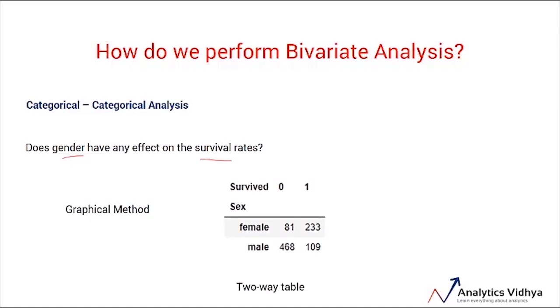So what it basically says is that of all the total people, there were 223 females that survived, whereas only 81 females drowned. On the other hand, only 109 males survived and 468 males drowned. So via this table, we can have a rough idea that more females survived, but that is not the end of the story, since there are a lot of other things that need to be taken into consideration.